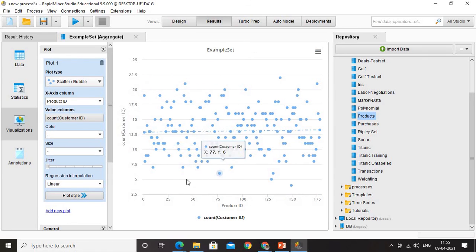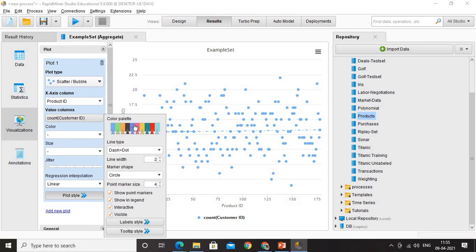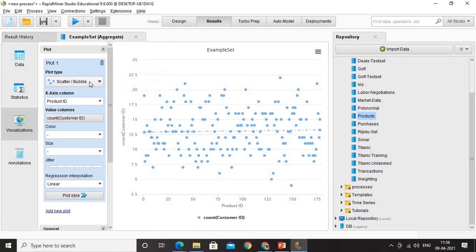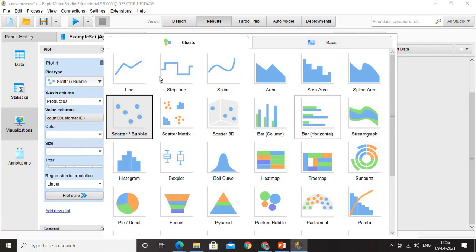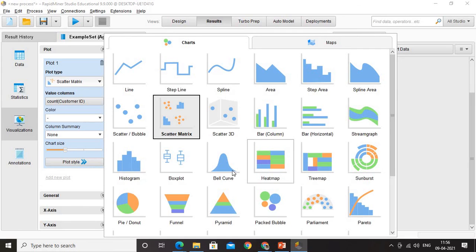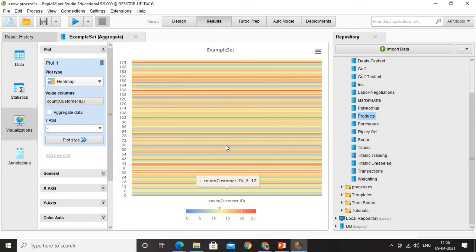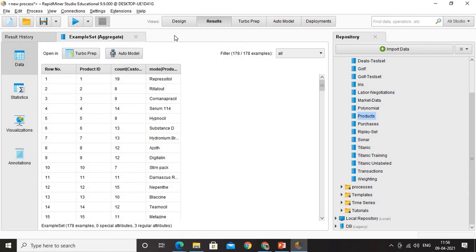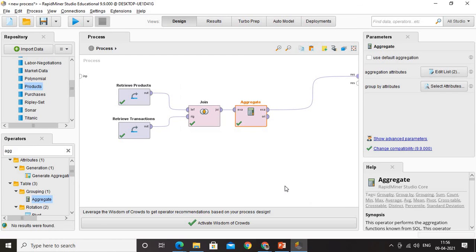We can visualize it nicely, we can change the plotting style, we can do whatever we want with this, and this is such a nice tool. I'm telling you, we can go ahead with any type of display as well. You can go ahead with scatter, oh, it's not supported, as you know it needs 2 numerical columns, but otherwise we can go ahead with the rest of the options available, and it really is very cool. Overall, this is a very nice and very interactive tool where you can merge and group the data, and the design is very simple as well.